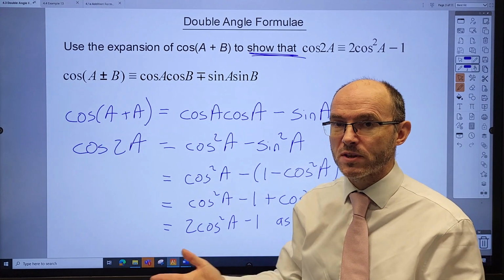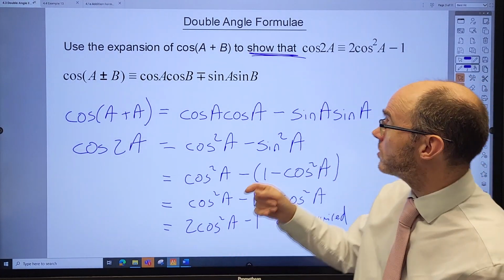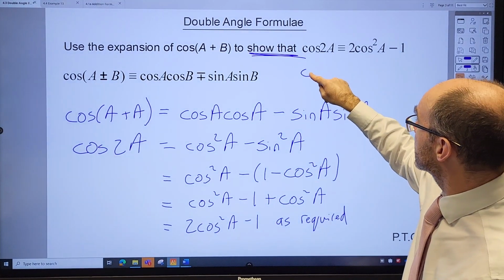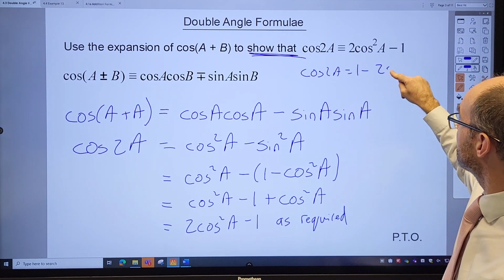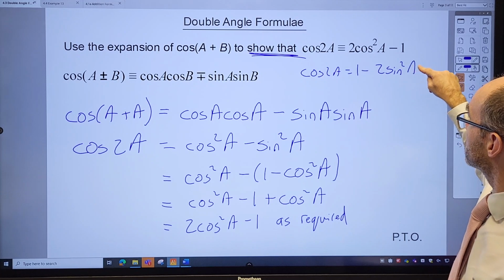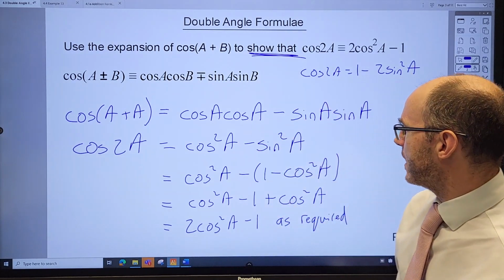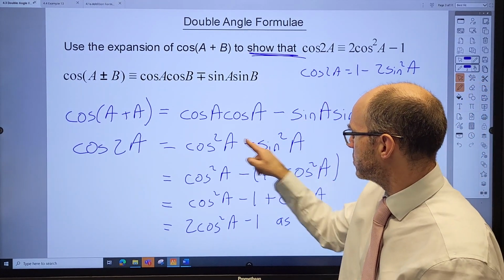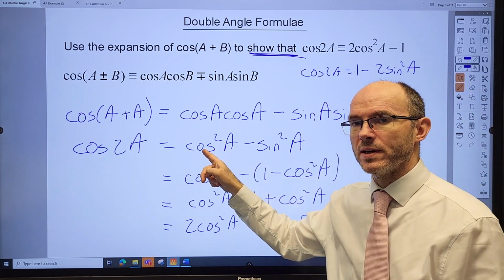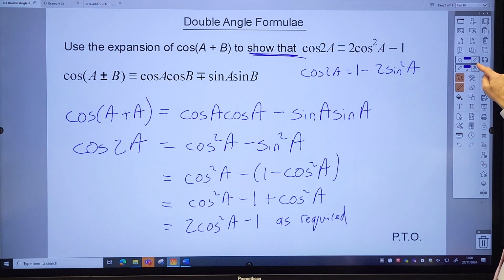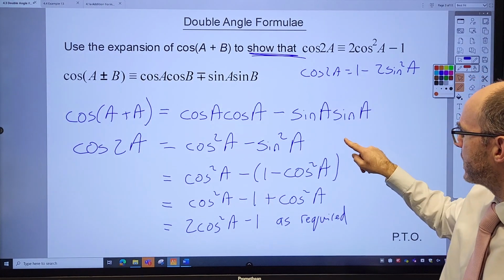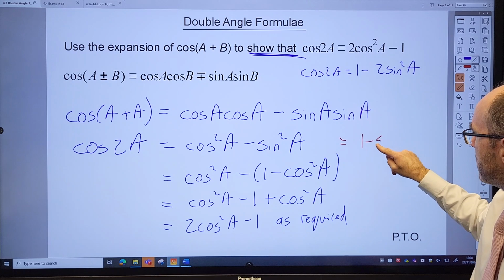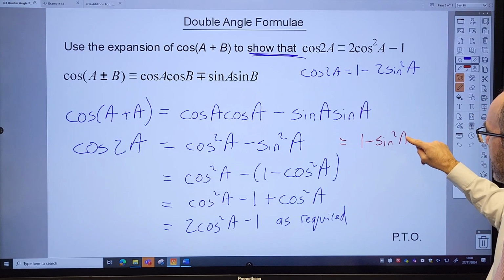Now suppose you wanted the third one. Do you remember what the third one was? Let me write it out for you. The third one was cos 2A is 1 minus 2 sine squared A. Can you see what you do if you wanted to have that situation? At this line here, you'd rewrite the cos squared A as 1 minus sine squared A. Let me just do that in a different colour for you. So in this line, you'd write it as 1 minus sine squared A, and then minus